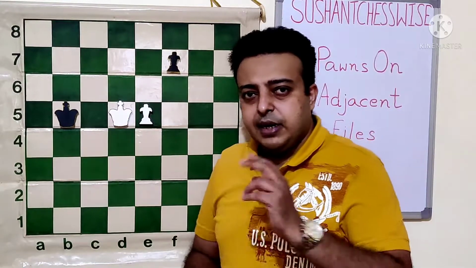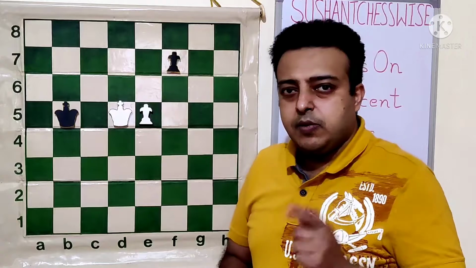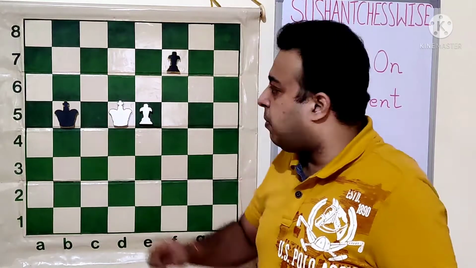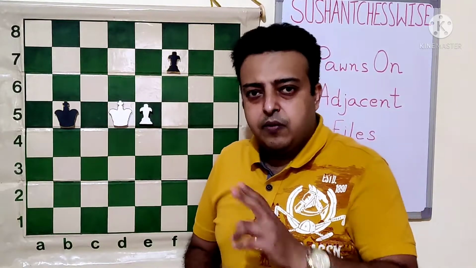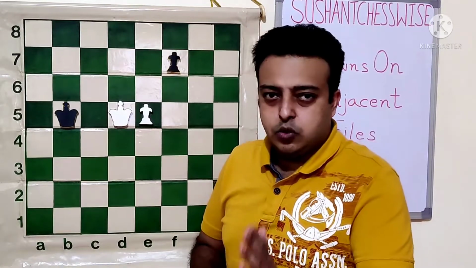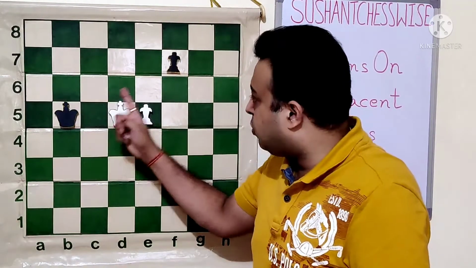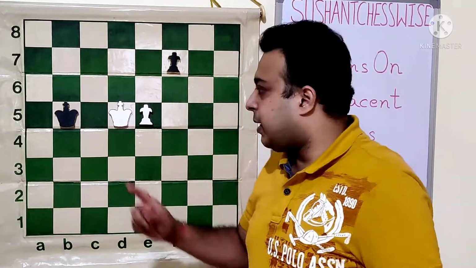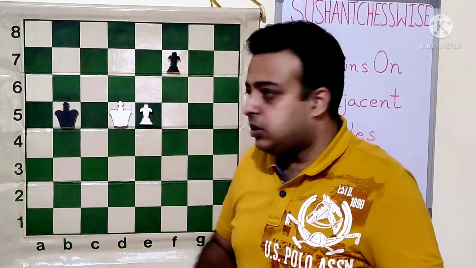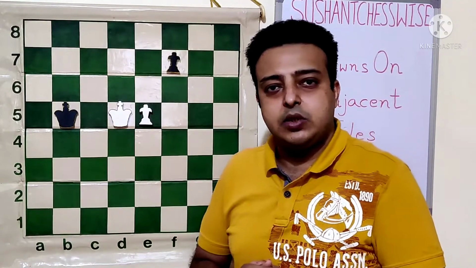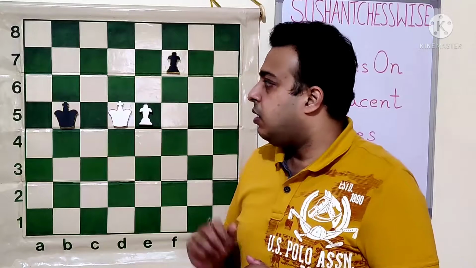So let me tell you the rules, how to decide whether we can hold the game. First thing is, if the black king is able to support his pawn, so whenever pawns are on the adjacent file, if we are able to protect our pawn, that should suffice to hold the game. Which looks like a very difficult task here. Or else we should be able to attack the opponent's pawn, which is somewhat possible as compared to the previous task. So if we are able to achieve one of these things, then the position will be drawn.